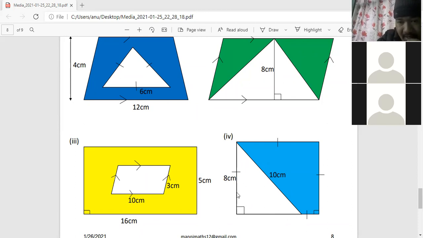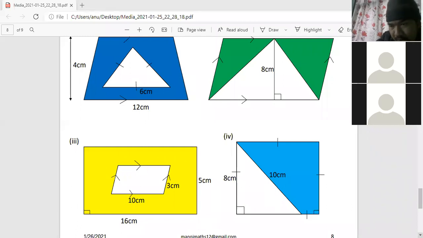The area of this triangle will be 1 by 2 base into height. The base we just found is 6, and height is 8. Then 2 3 is 6, 8 3 is 24. The area of this triangle is 24 centimeter square. The area of the square was 64 centimeter square. Then the area of the shaded part is A1 minus A2. A1 was the square, A2 was this triangle. 64 centimeter square minus 24 centimeter square, that will be the area of this shaded region. I hope you have understood now.